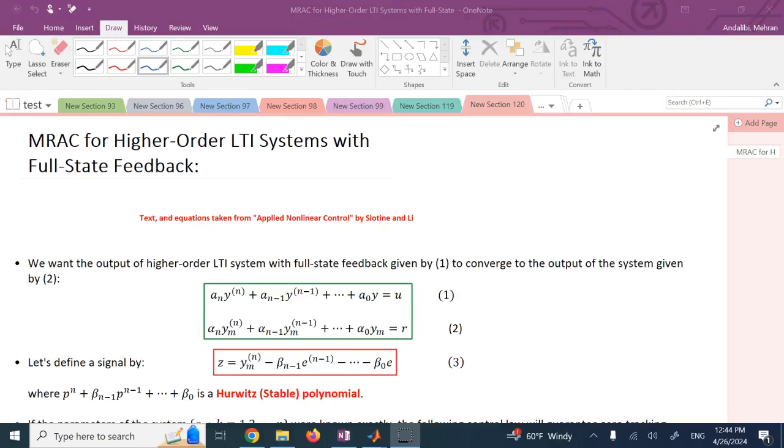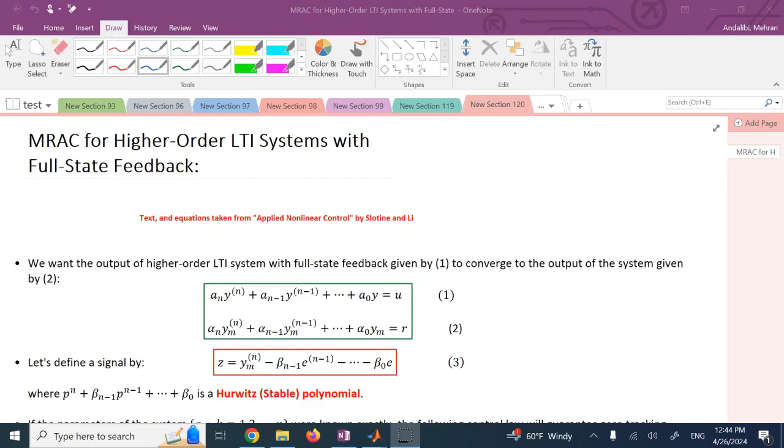Hello everyone. In this video we are going to talk about Model Reference Adaptive Control, or MRAC, for higher order LTI systems, linear systems, where full state feedback is possible. So you can get feedback from all of the states. In the previous videos, if you have watched me, I've gone through first order systems, both linear and nonlinear,